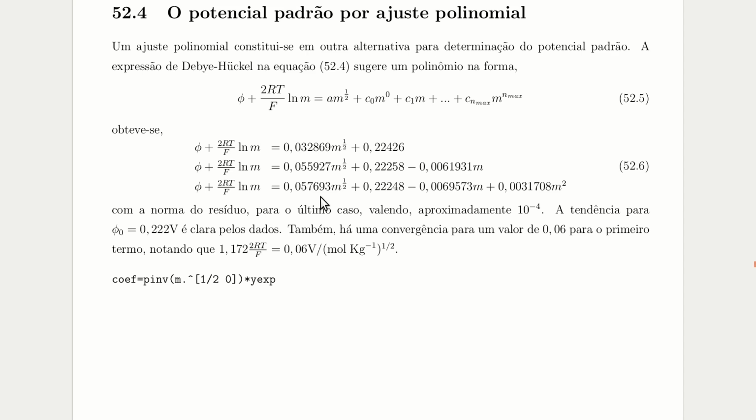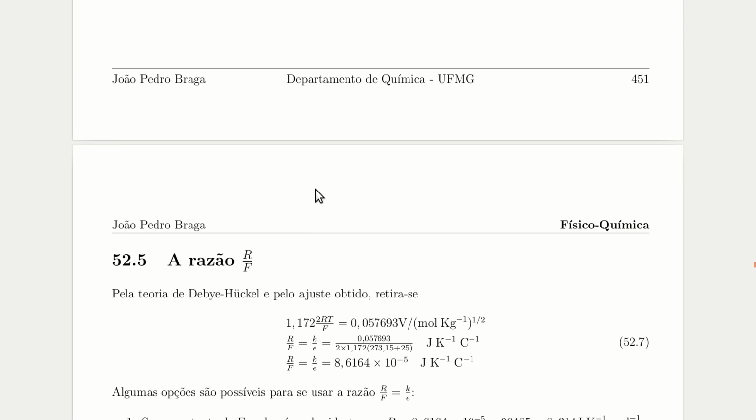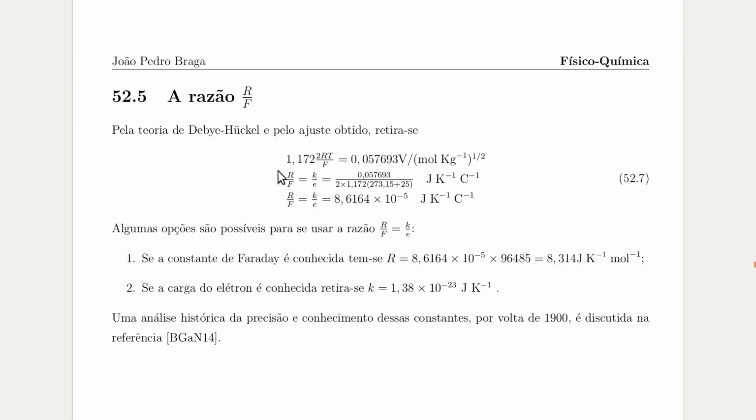But this constant, I can explore this number in this way. This quantity is not 0.06. I will put this value equal to the one I found in the fitting, and by manipulating that, I got